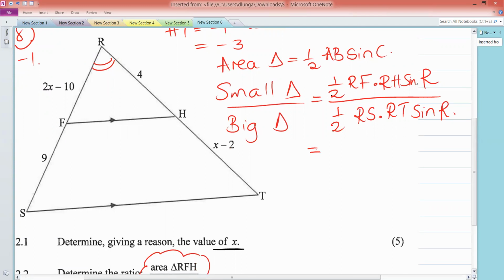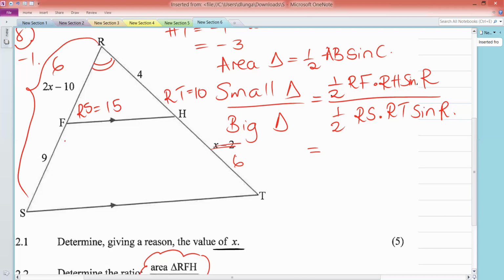Remember, we discarded x is equal to negative 1. So now let's use x is equal to 8. If x is equal to 8 here, what does HT become? HT is now 8 minus 2, that's 6. Then this side, 8 times 2 minus 10, this is also 6. So the entire length here, 6 plus 9 is 15. So RS is 15. Then RT